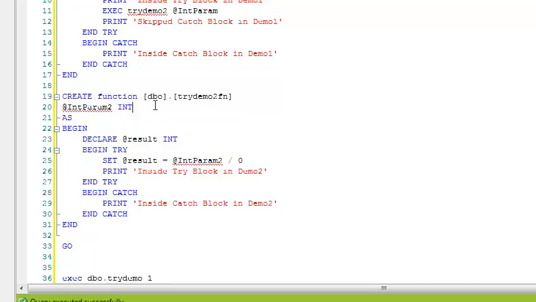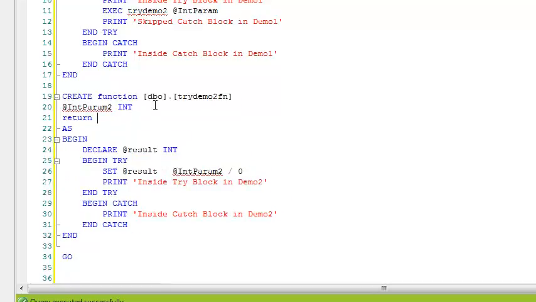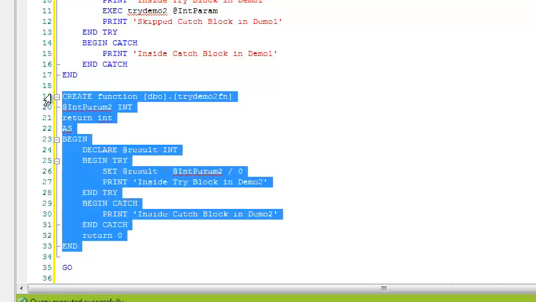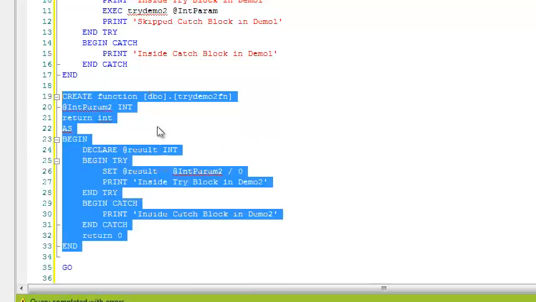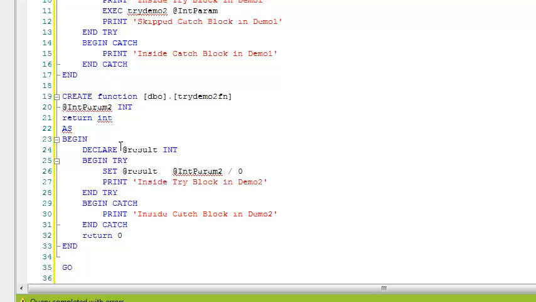If I do this, you see what will happen. First of all, the query is wrong, and let me return something. Okay, something making sense now.